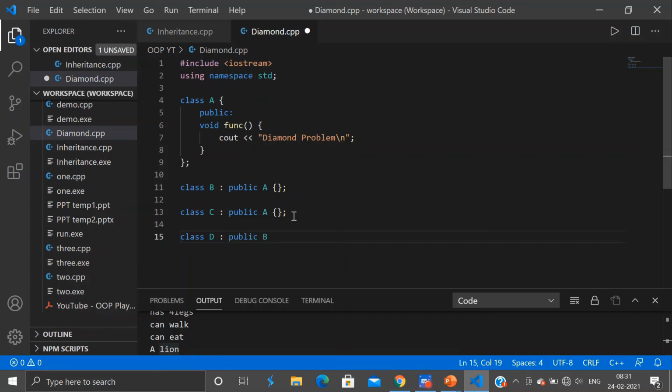So it will be public B, comma, public C.